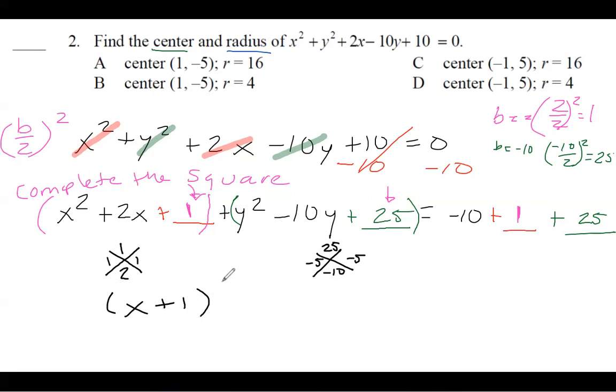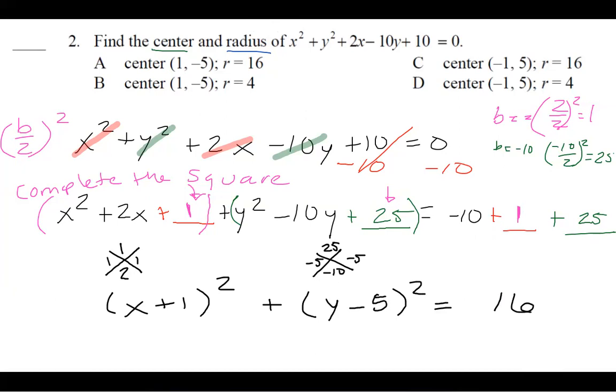Now, with that done, we're going to go ahead and write the factor only once: x plus 1, with the power of 2. Our next factor should be y, not x. Remember that we have our other variable. So it'd be y minus 5 to the power of 2 equals, and let's go ahead and simplify the right side. Negative 10 plus 1 plus 25,